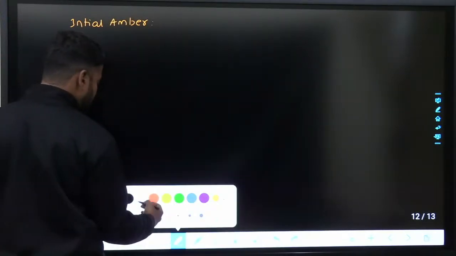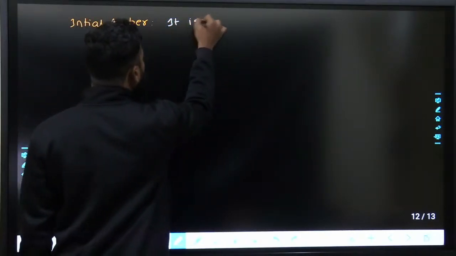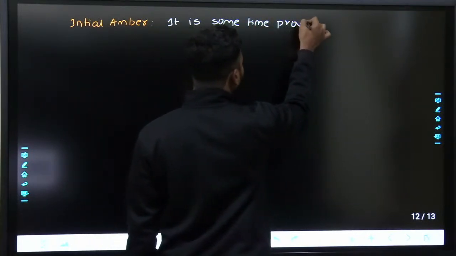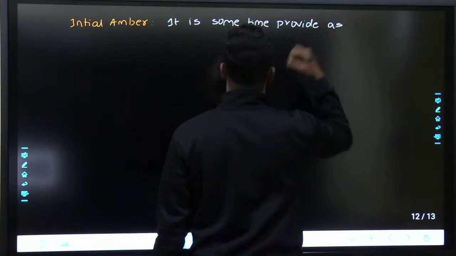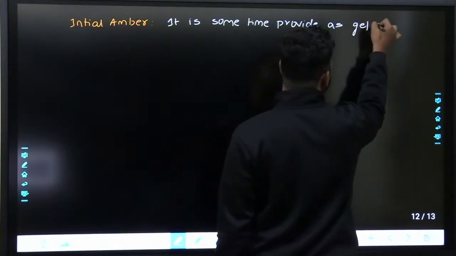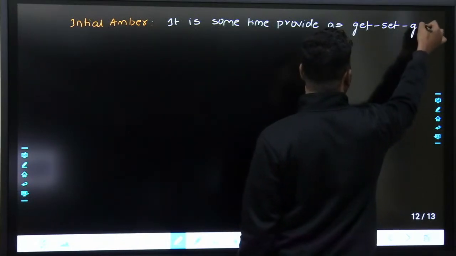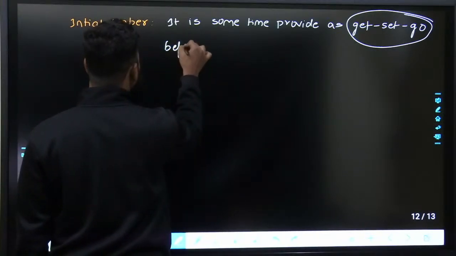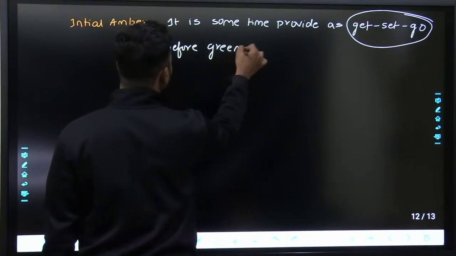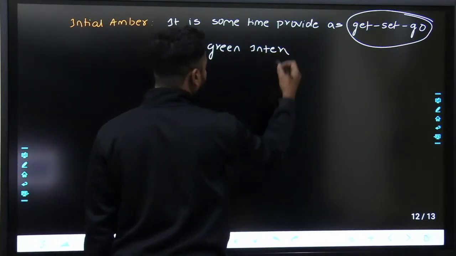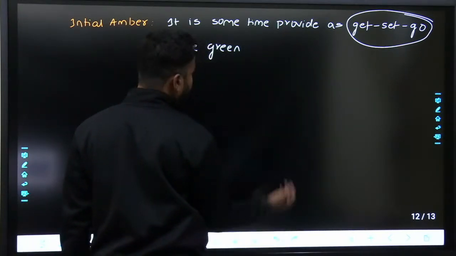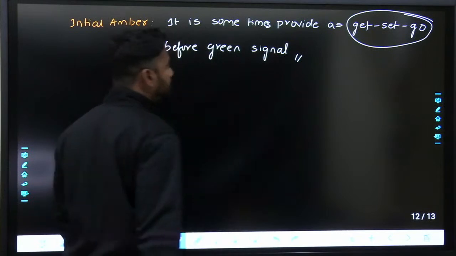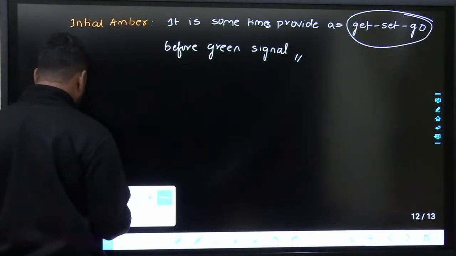It is sometimes provided as get, set, go before green interval, before green signal. It is sometimes provided as get, set, go before green signal. That means